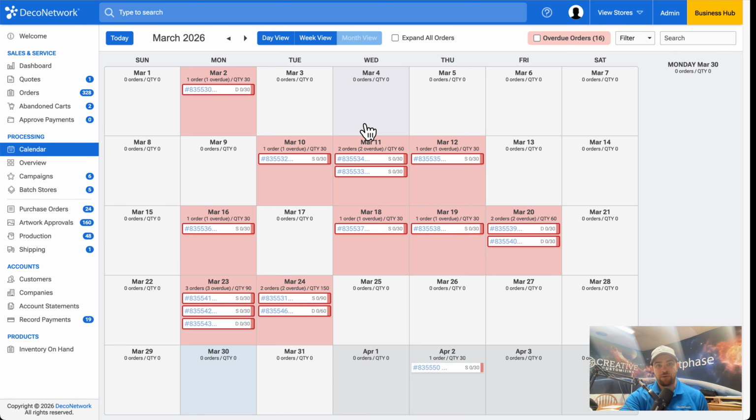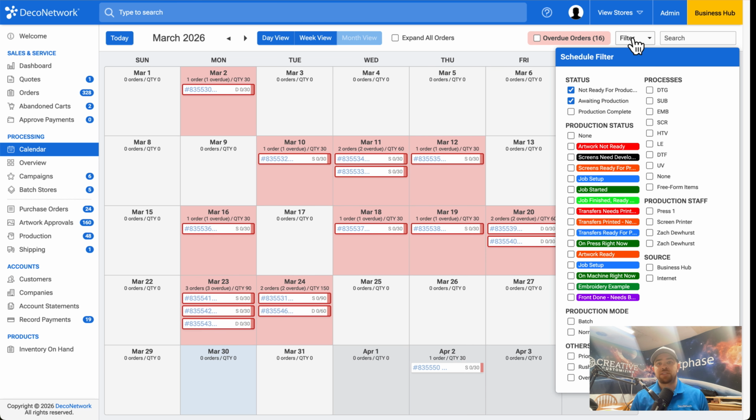First, you have your calendar view. And this is exactly what it sounds like. It's a calendar view for all of our current orders. And we can view them by the day, the week, the month. We also have the ability to filter. And when it comes to filtering, this is very powerful. We can filter by order status, production status, decoration process, production mode, who the job is assigned to. So it allows us to make sure that we're keeping our entire staff on the ball and knocking out jobs